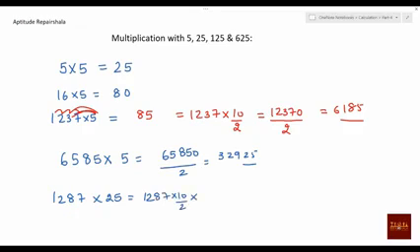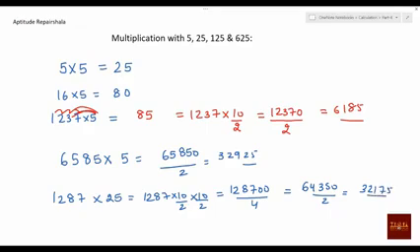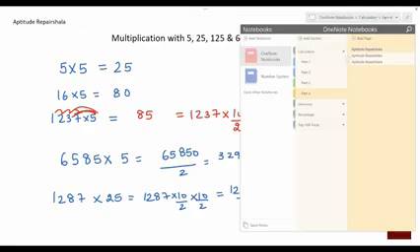Very less time. Same thing, assume this is given: 1287 into 25. Now 25 we can write as 5 square, or 1287 into 10 by 2 into 10 by 2. This is what we can write. Now this will be 128700 divided by 4. Now how can you go? You can go one by one. First divide by 2 and then again divide by 2. So first we divide by 2. This is 2 6s are 12, 2 4s are 8, 2 3s are 6, 2 5s are 10, 0 divided by 2, and then it will be 2 3s are 6, 2 2s are 4, 2 1s are 2, 2 7s are 14, 2 5s are 10. This is the answer. Easy, right?